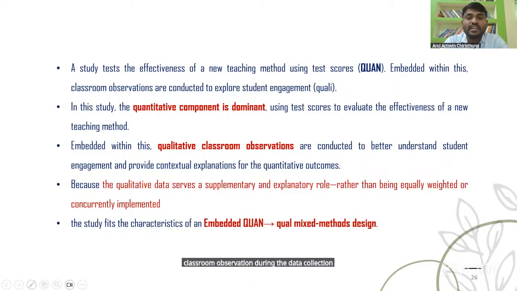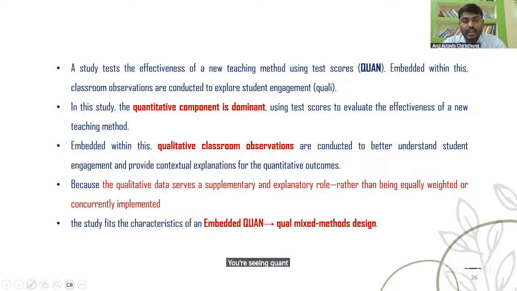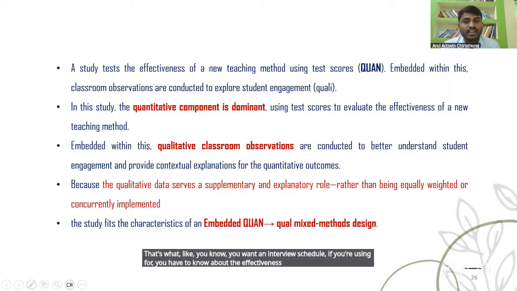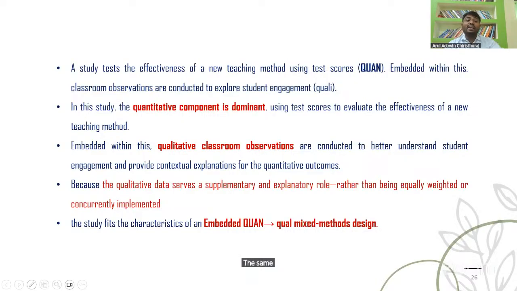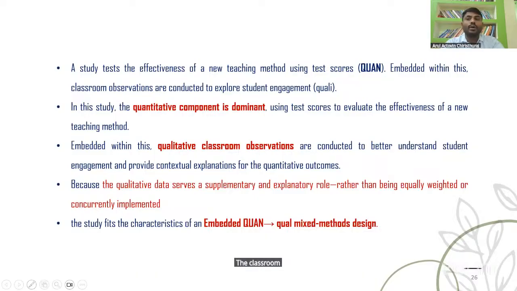If you want to conduct the effectiveness study of the new teaching method using quantitative data, like an interview schedule with students, at the same time we can have small classroom observations to see whether the students are engaged, and whether the new teaching methods are implemented. As a researcher, we can go to the classrooms and observe.